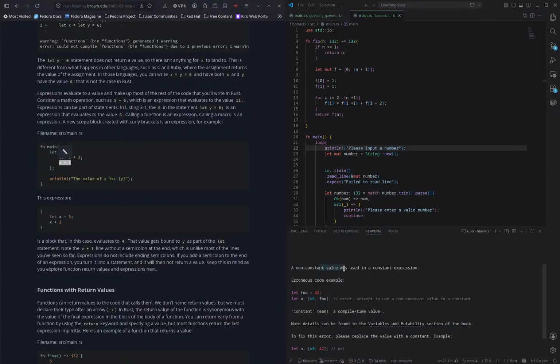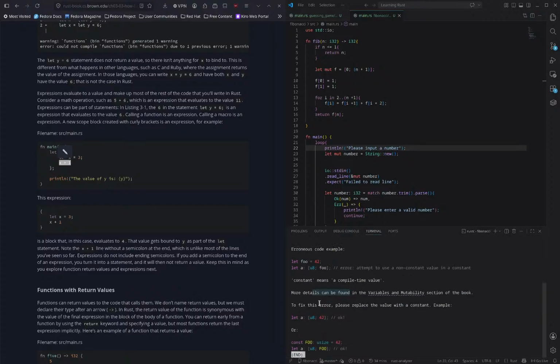A non-constant value was used in a constant expression. Foo equals 32. Constant means a compile time value. To fix this,